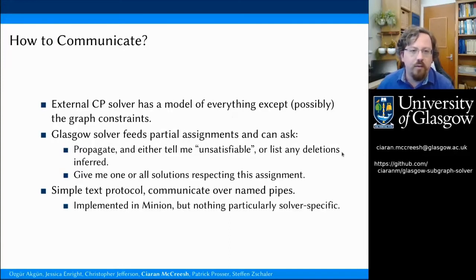So how do we do this? The solution we settled on is as follows. We let the external constraint programming solver have a model of everything except possibly the graph constraints. The Glasgow subgraph solver just gets the subgraph isomorphism part of the problem. We run the Glasgow subgraph solver, and it is allowed to feed partial assignments to an external constraint solver, and